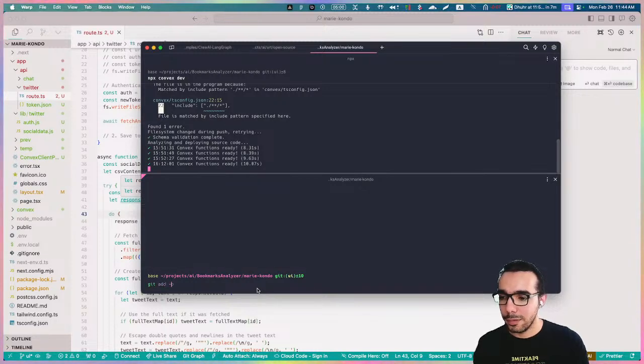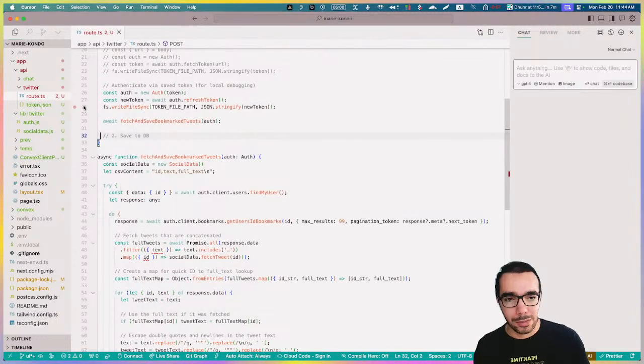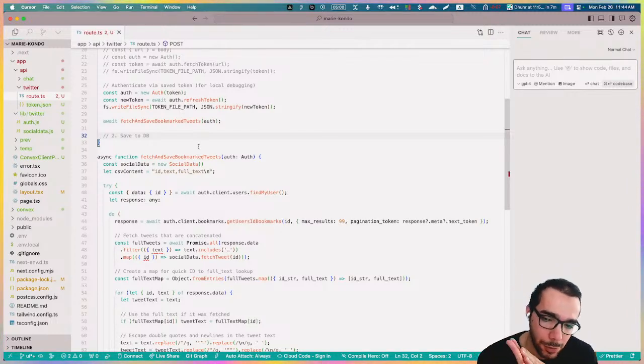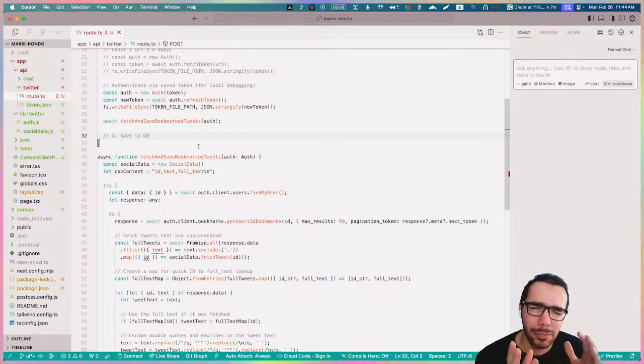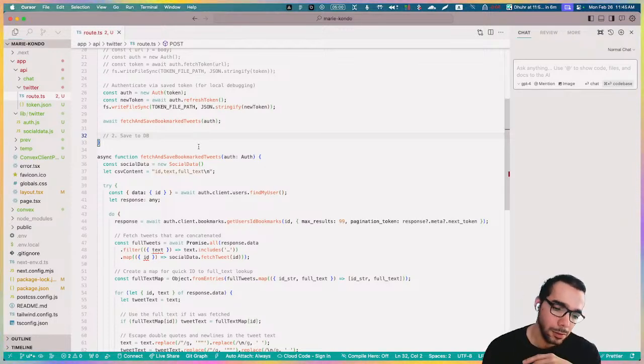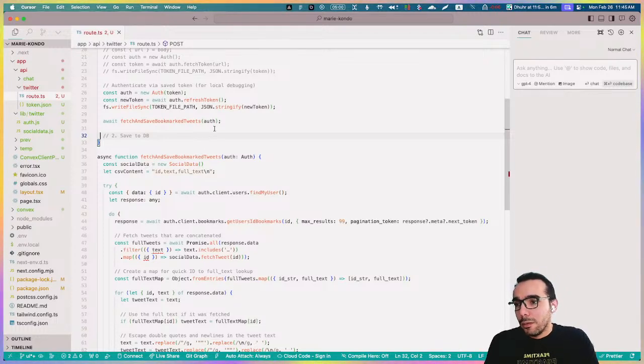Let's see, let's add some stuff. Convex. We didn't do any of the spicy Convex stuff, but we're able to retrieve tweets. So now we just need to figure out a way to save the user to Convex and save the tweets to Convex, and then the UI just automatically takes care of updating itself, because Convex magic, right? Alrighty. Great place to wrap things up for now. I'll come back in